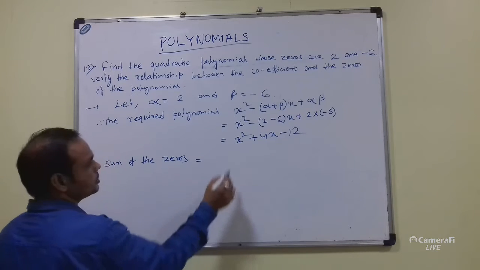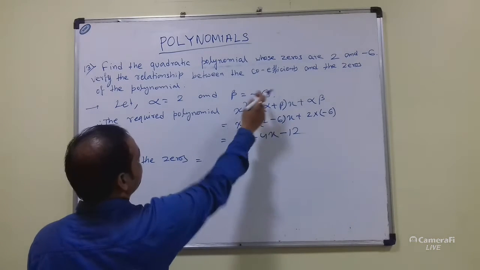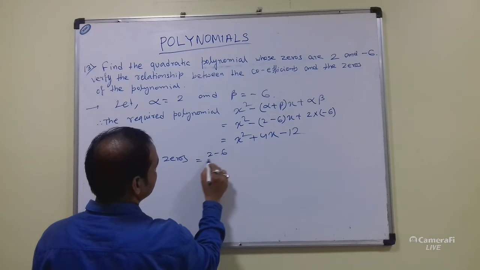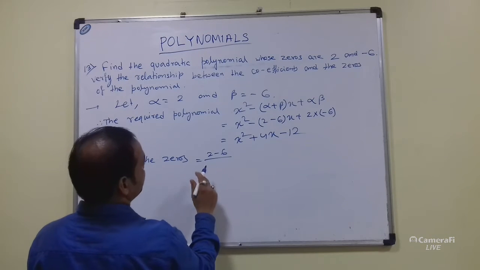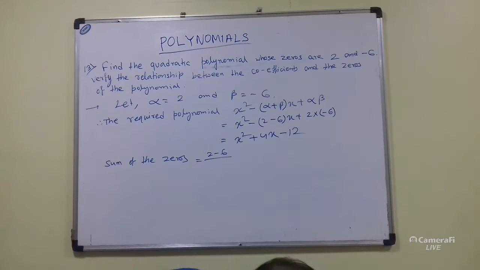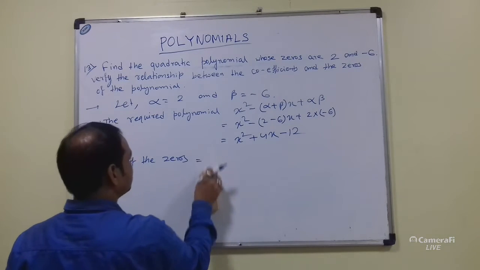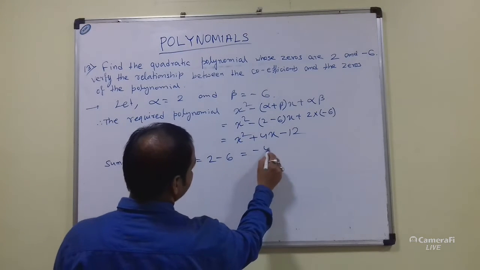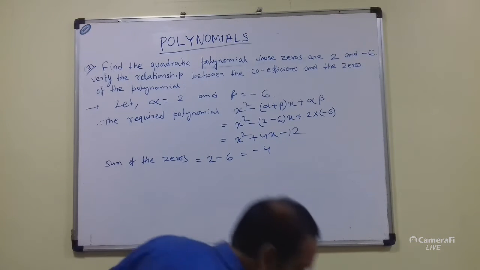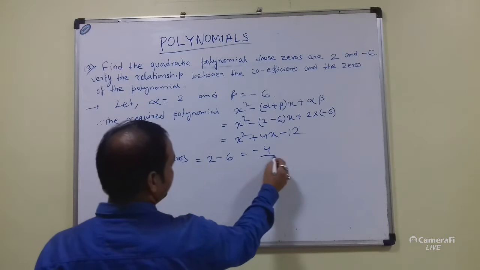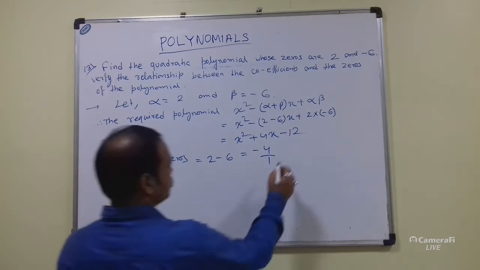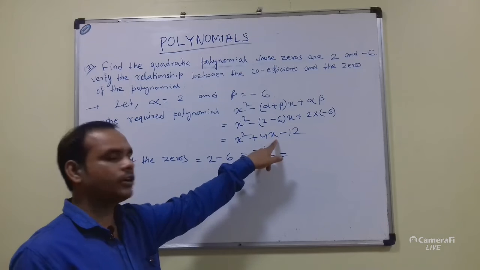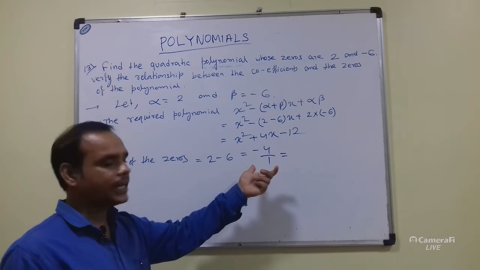Sum of the zeros is minus 2 minus 6, that means minus 4, and we can write 1 as denominator. So here students, you can see that 4 is the coefficient of x, so that means it is correct, and